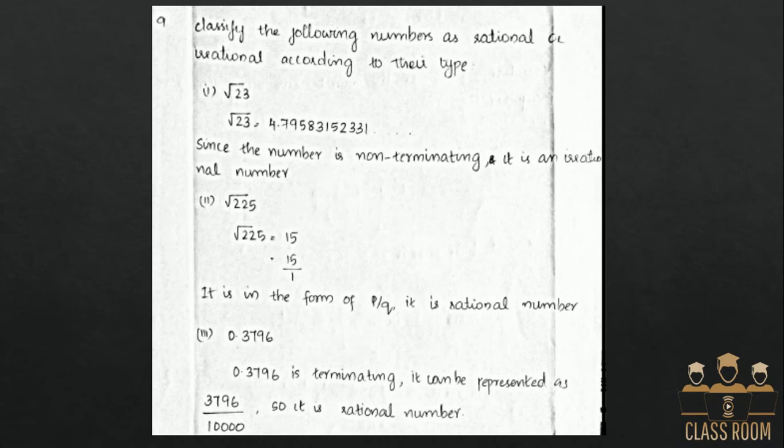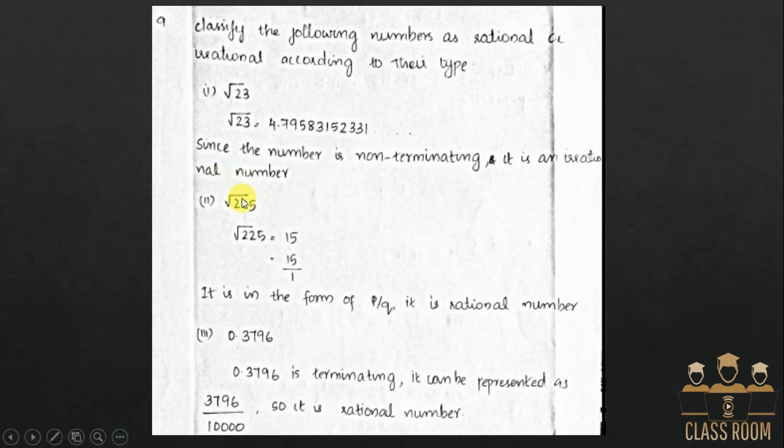One is to directly find the square root by the long division method, or you can simplify it by taking the LCM method. If the final answer becomes root 2, root 3, root 5, root 7 like that, then you can conclude that the number is an irrational number. This is the case of root numbers.